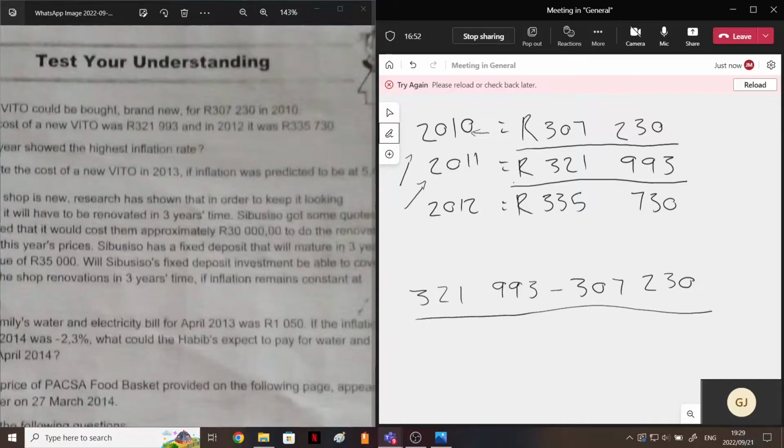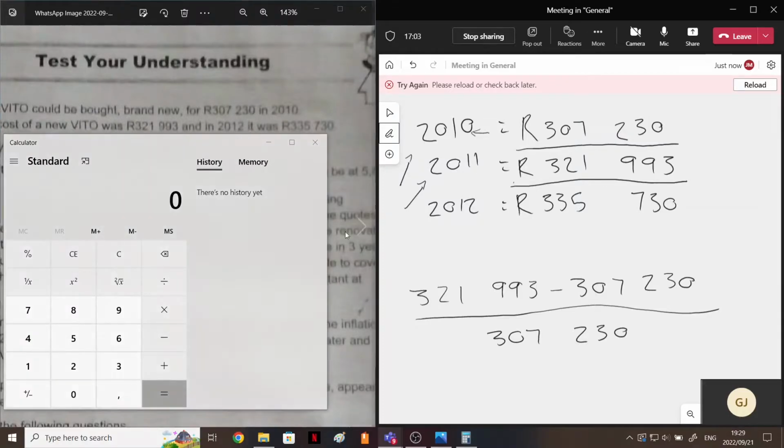We're going to divide that entire answer by 307,230. Then as soon as we calculate that, I'm just going to open up my calculator quickly. 321,993 minus 307,230,